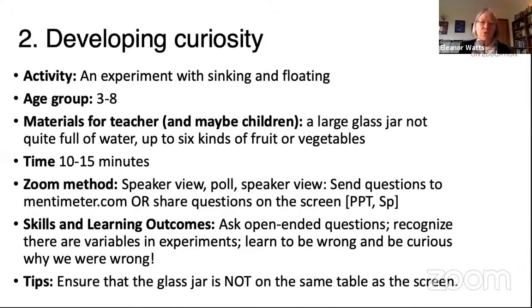This will take 10 or 15 minutes at the most. And if you know how to use Mentimeter, you can do it as a poll. Unfortunately, I'm not very good with these technical things, so I got a bit scared and I said, can we just do it on the screen? So very kindly, Orient BlackSwan said, yes, all right, let's not do it with Mentimeter. But if you're very clever with these things, you can set up a poll with Mentimeter.